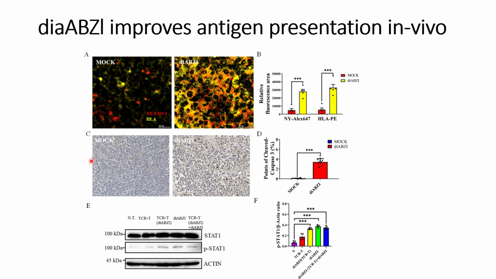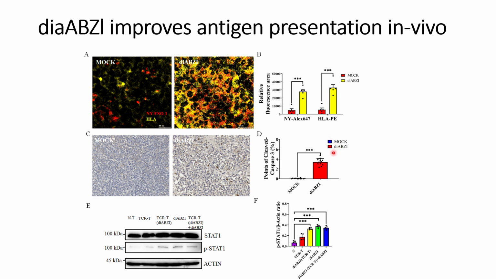So they measured apoptosis using the protein cleaved caspase 3. They checked the cleaved caspase 3 signals in the mock, and they did not find any signal, or only very negligible signals. Whereas in the case of the DiaBZl treated mouse, they see a significant increase in the number of cleaved caspase 3 signals, and these are shown here in dark brown color. The quantification of panel C is in panel D, where we can see that in the DiaBZl treated mouse models there is a significant increase in cleaved caspase 3 compared to the mock case, indicating that DiaBZl helps in